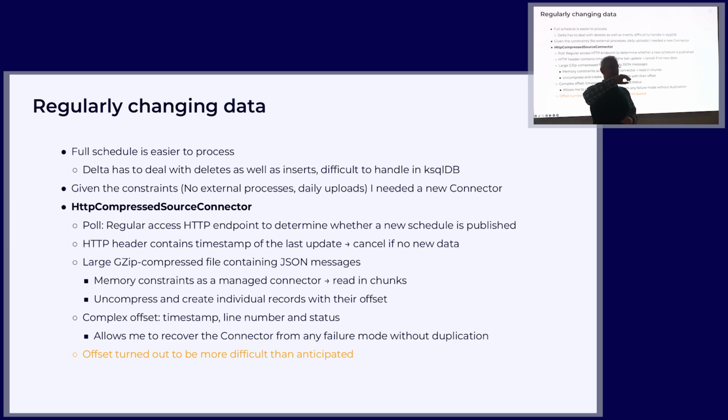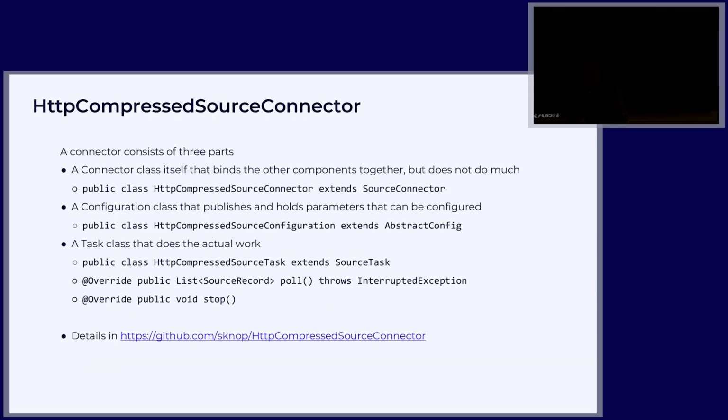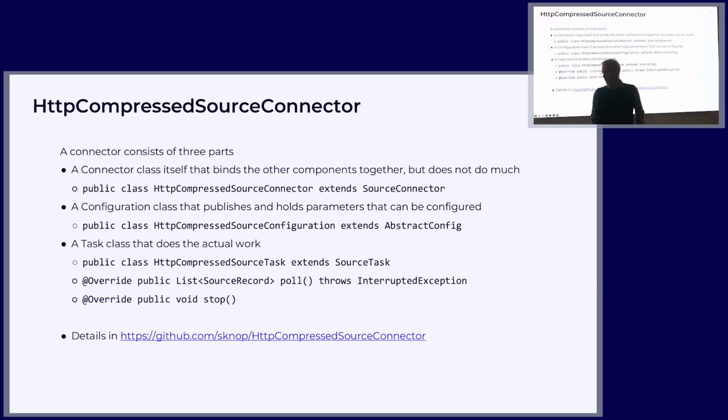What I need to do is treat it as a stream. Pull the data out, decompress it on the fly, read the individual lines, take those, dump them in, and then dump them out. And that's what this particular connector does. And keep track of where I am in the offsets of that connector, so that in case something goes wrong, I can go back to it again. So this thing exists here in my GitHub account.